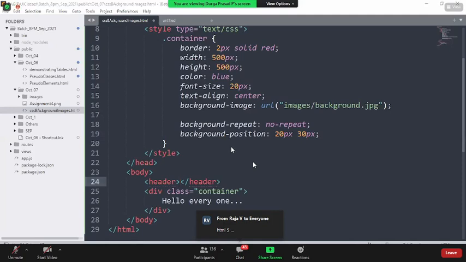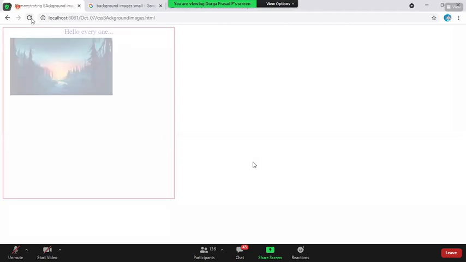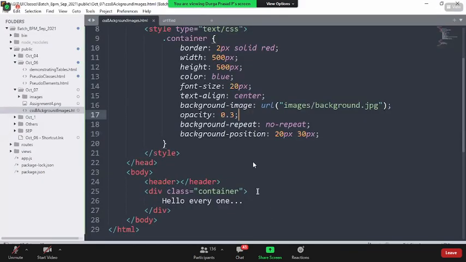Sir, I have one question. Go ahead. Is it possible in CSS to control the opacity levels of a background image? Opacity can be controlled only for containers. I haven't talked about this yet, but let me say opacity of 0.2, which is the transparency level. I will talk about it in more detail; I'm doing this just to answer his question. Now, once you reload this, can you control the transparency here? Yes, sir. So opacity can be applied to the container, not to the background images. Did I answer the question?